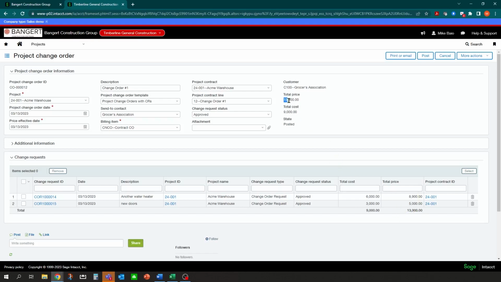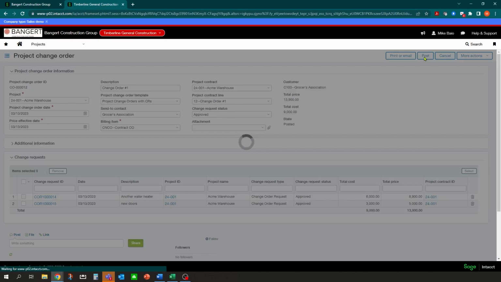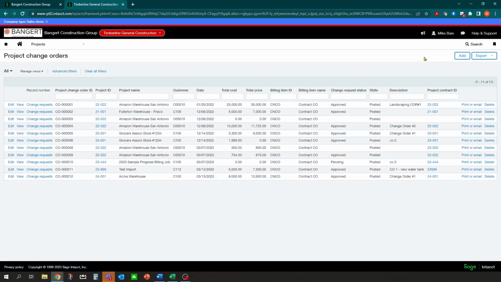So you can see here you have a total price, and then you have a total cost. At that point, I'm going to post it again, and that will save it. And now that will take those pending amounts that were on the contract and the estimated cost and put them over to the approved values in the system automatically for you.